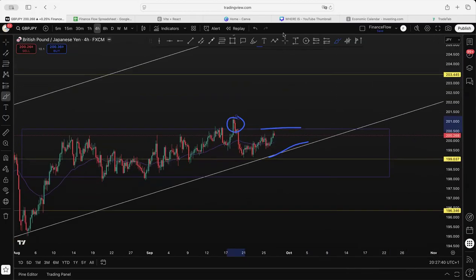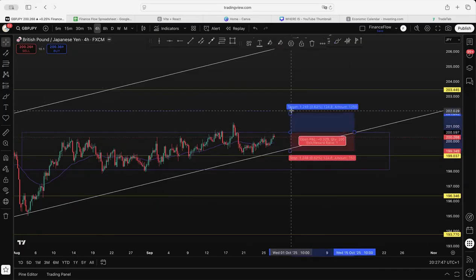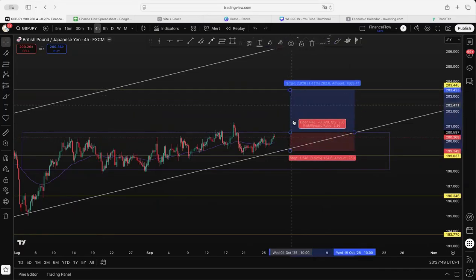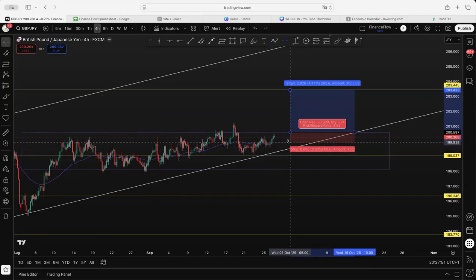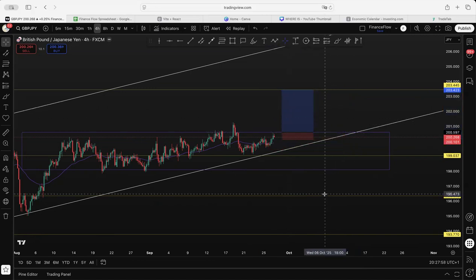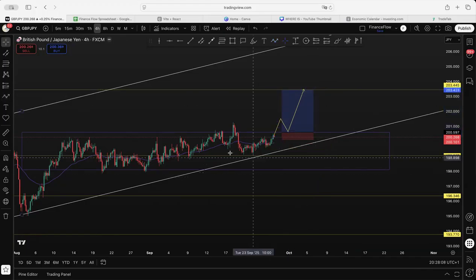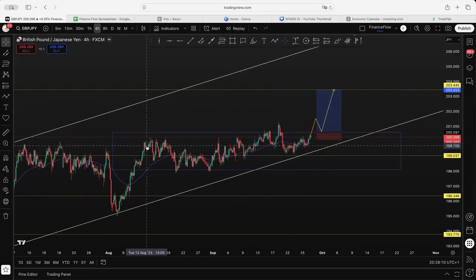All right. So what I would like to see, let me just get rid of these, is I personally would like to see this trade happen here. It's a huge one. It doesn't look like much, but it's a big trade. So I'd want to see this one here happen. And if I was wanting to pre-plan it, then yes, I'd want to see this break, I'd want to see a nice retest, and then I want to see a nice continuation up to this level here, because we know since the 12th of August we haven't properly